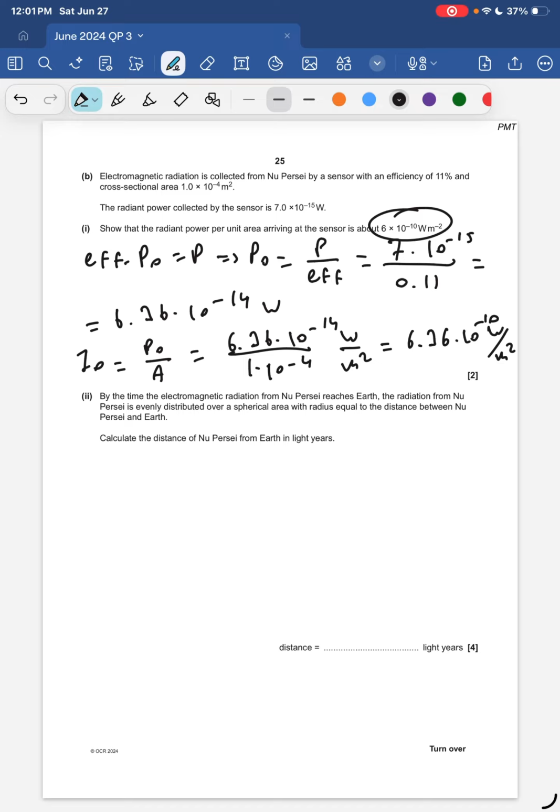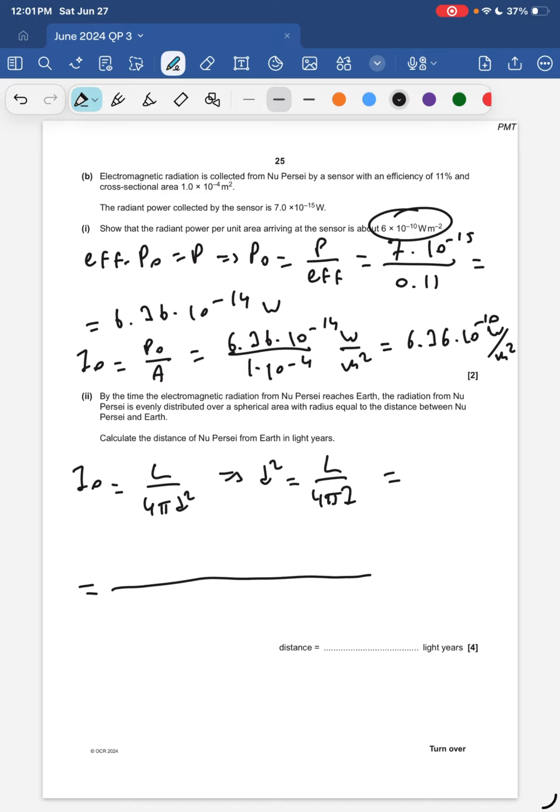Okay, part 2. By the time the electromagnetic radiation from New Percy reaches Earth, the radiation from New Percy is evenly distributed over a spherical area with radius equal to the distance between New Percy and Earth. Calculate the distance of New Percy from Earth in light years. So this I naught is equal to the luminosity of New Percy over 4 pi d squared, okay? So d squared is L over 4 pi I, which is equal to